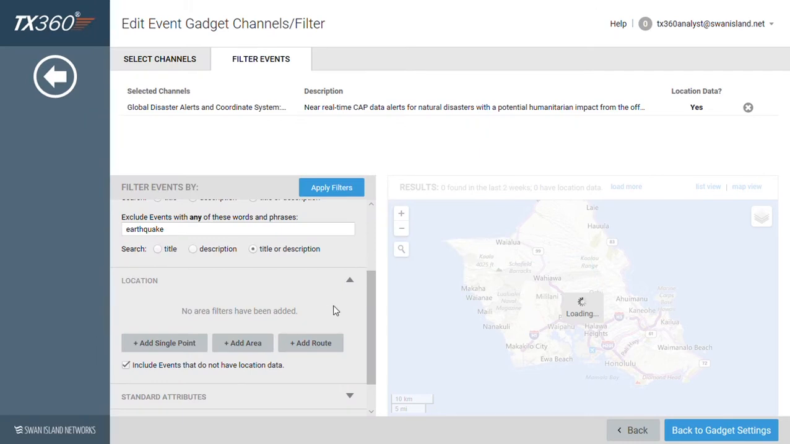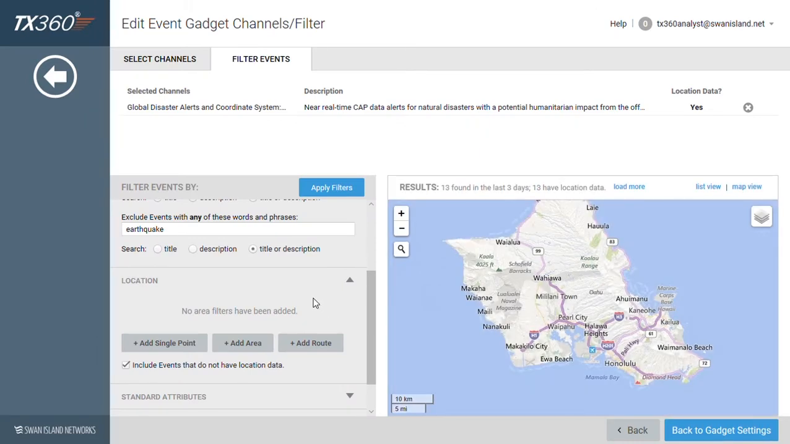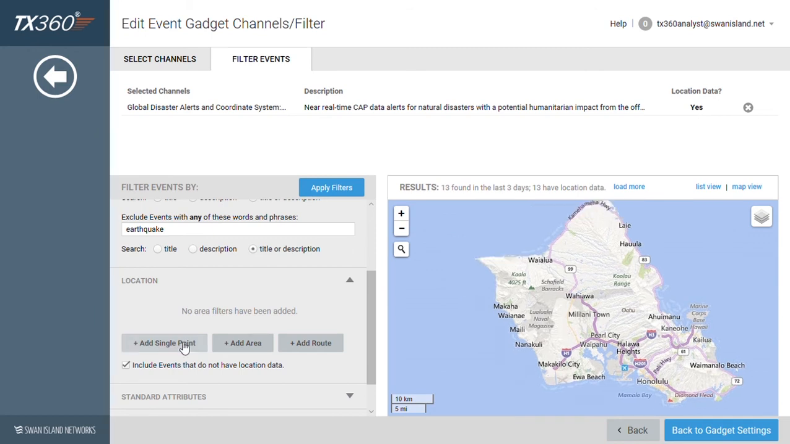Location filters can only be used if input channels contain location data. We can check if our source has location data by referencing the Selected Channels bar at the top of the screen. And yes, our input channel does have location data. Now that we know we can use the location filters, let's create a single point filter to further improve our